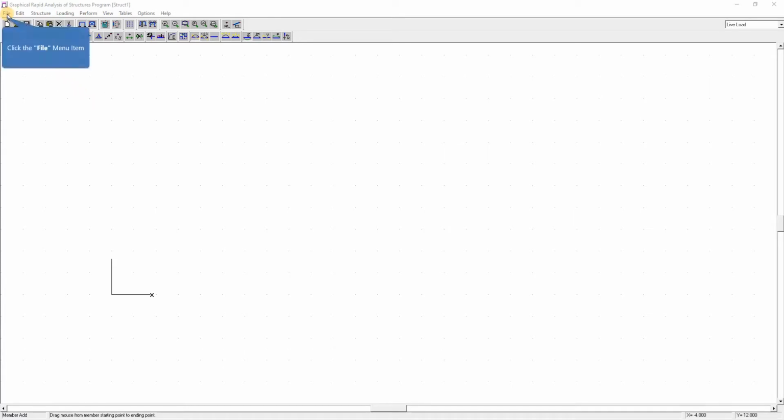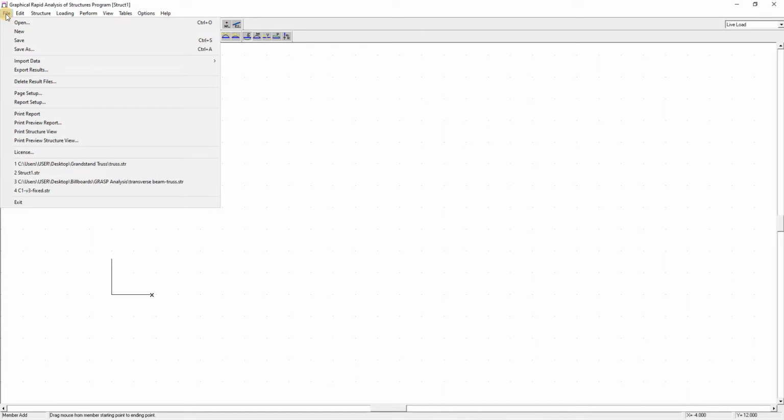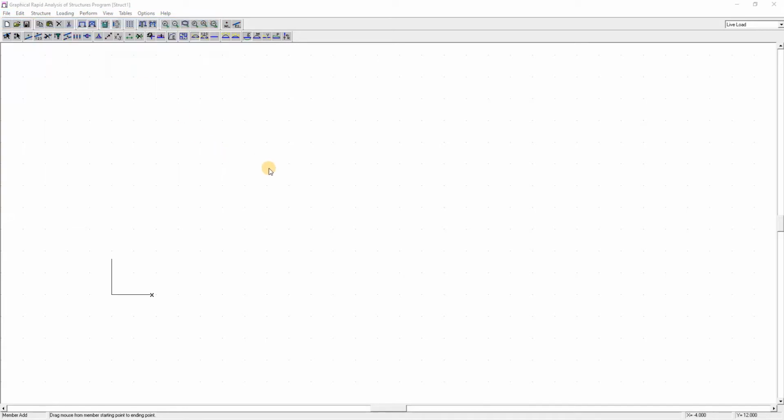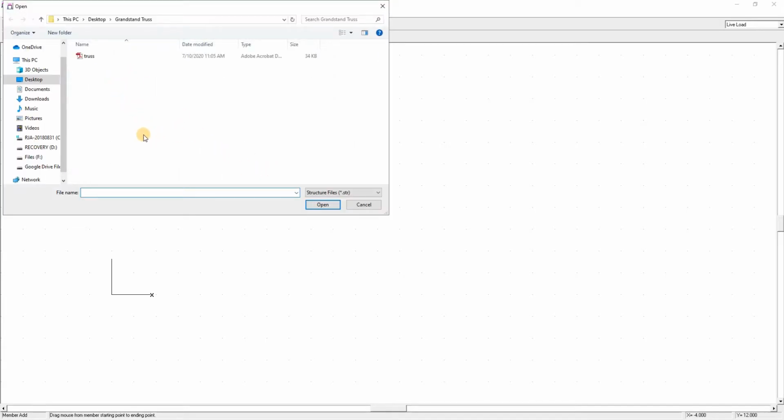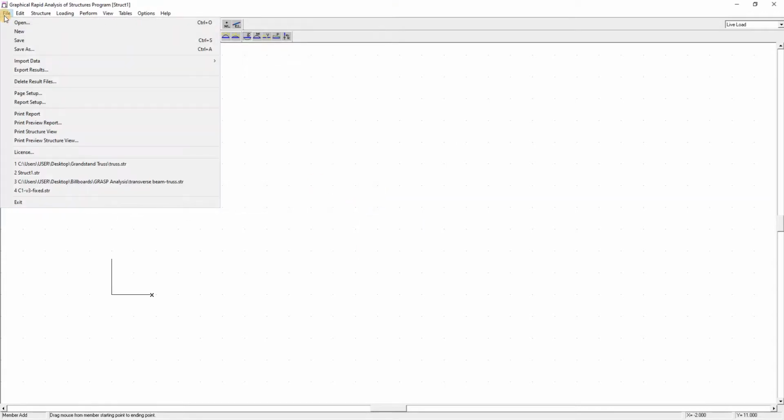First, we will look at the file menu. You will see in the file menu there are different functions, wherein if you see an ellipsis, it means you will get another dialog box, and you can use that in this particular problem. Also, you can open new, save as, import data, export results, delete result files, page setup,